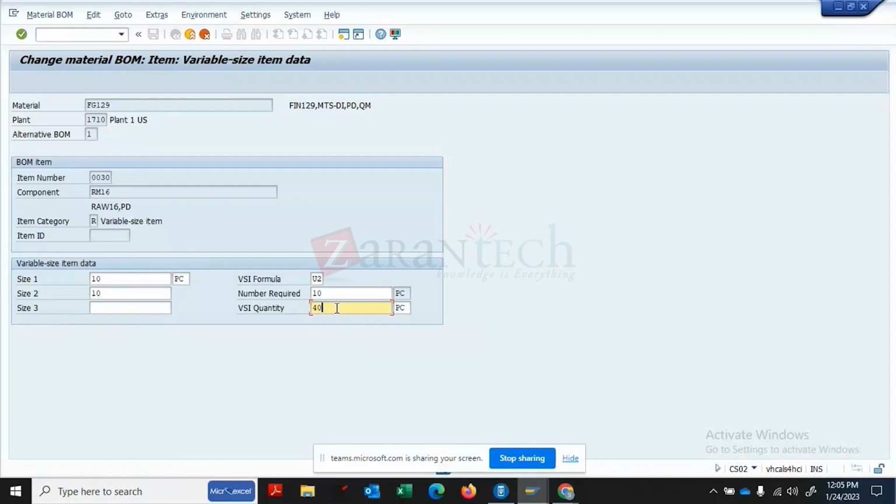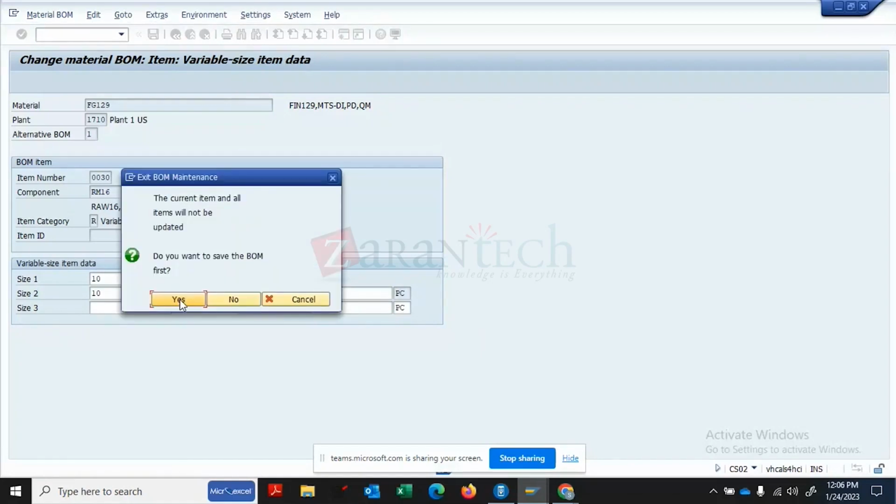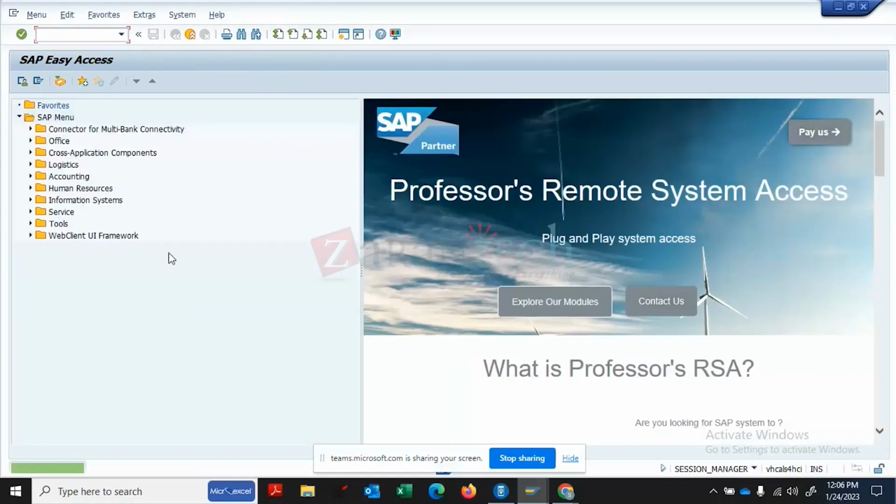Now, if the same raw material is used and we need a cut of some other dimension, we can use a different formula for that. So maintaining the same material component, we can have different quantities as required without having to change the quantity. If I save the BOM and open the BOM again,